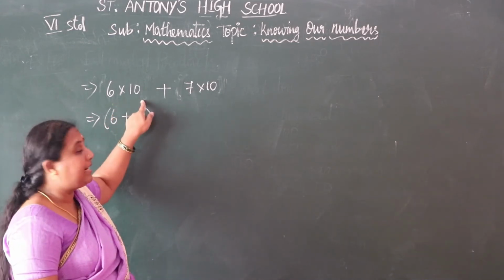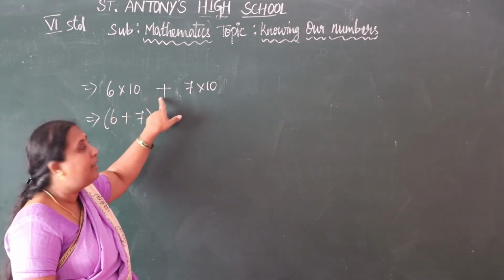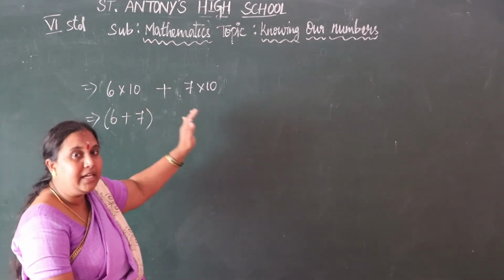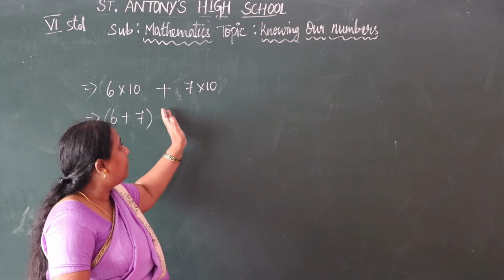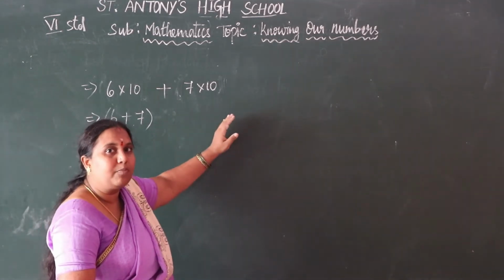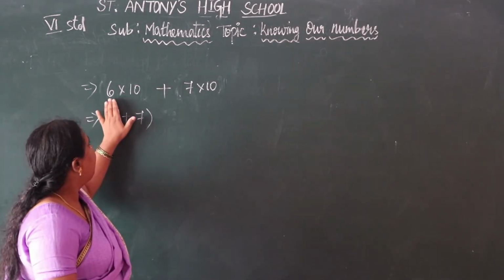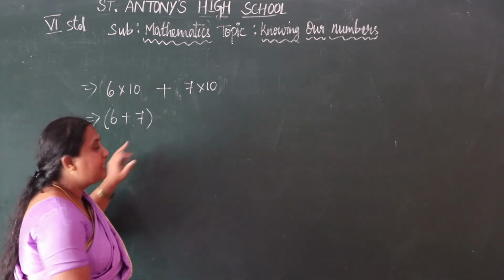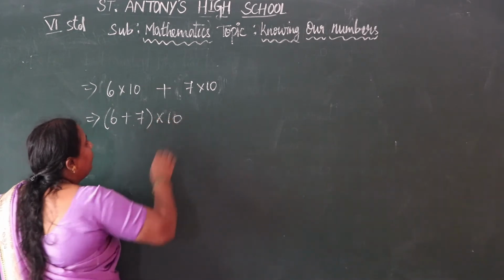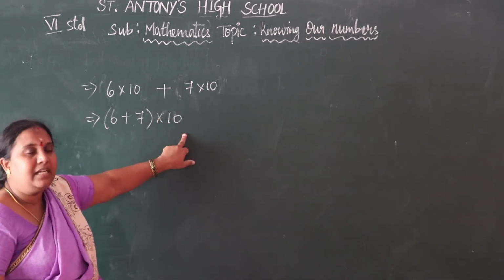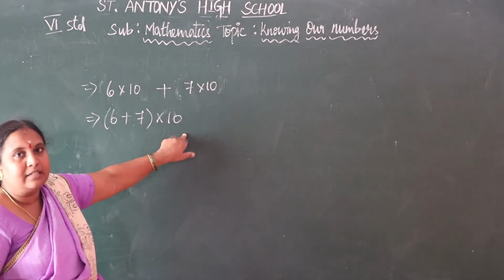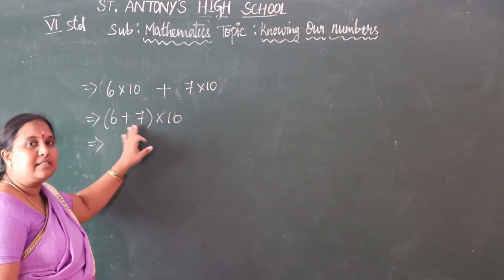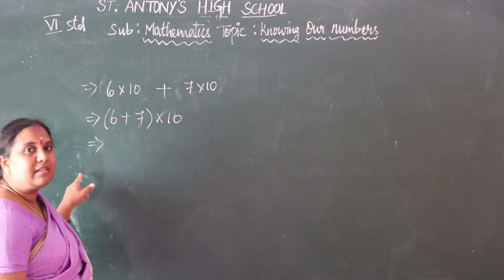How to use brackets for the given values? 6 multiplies 10 plus 7 multiplies 10. Both the numbers are multiplied by 10, so 10 is common here. So we are taking these two numbers in brackets: 6 plus 7 in brackets into 10. Both these numbers are multiplied by 10. So here, 6 plus 7, we are adding 6 plus 7. We get